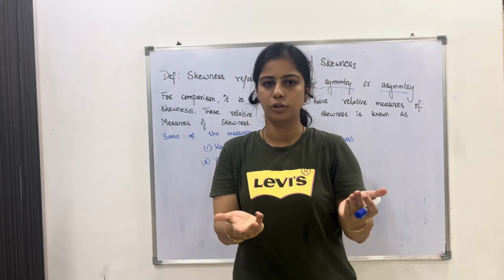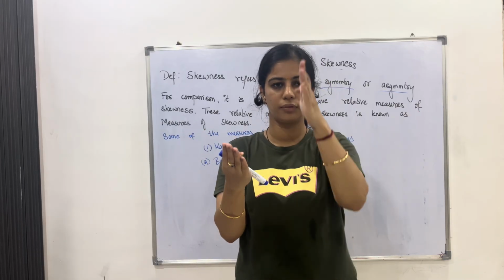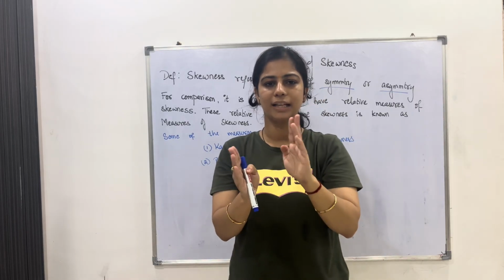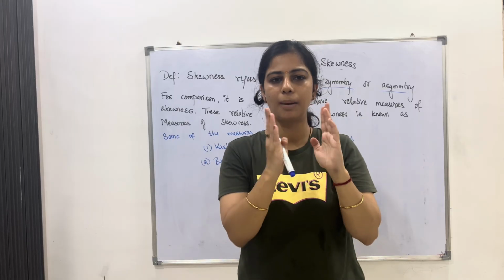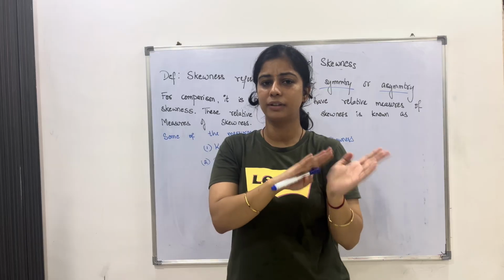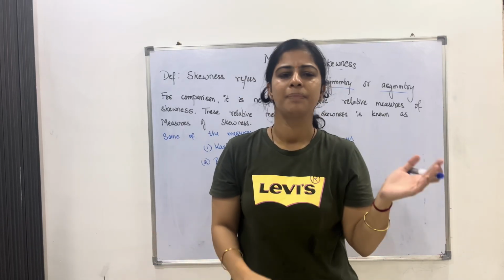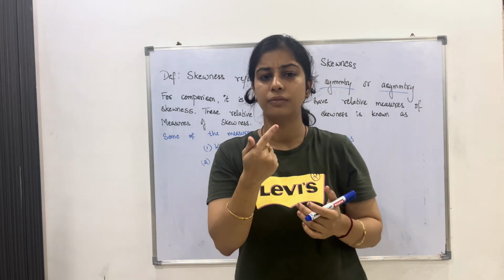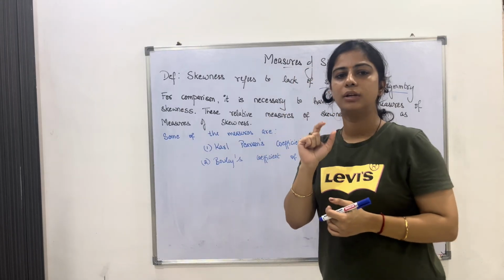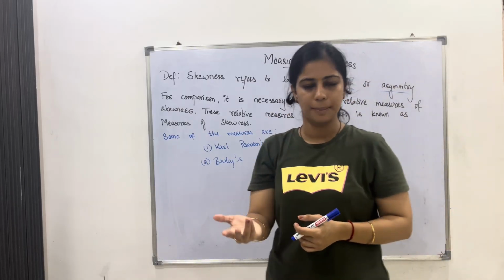In the case of a graph also, when we take a bell-shaped graph and we cut it from the center into two parts, we see that what is on the left is on the right side. The amount of data on the left will be equal to the amount of data on the right. But if the data is not equal on both the sides, maybe one side is a little more or the other side is a little less, those kinds of graphs or data or observations are called skewed graphs. So that's the reason we call this asymmetry or lack of symmetry.